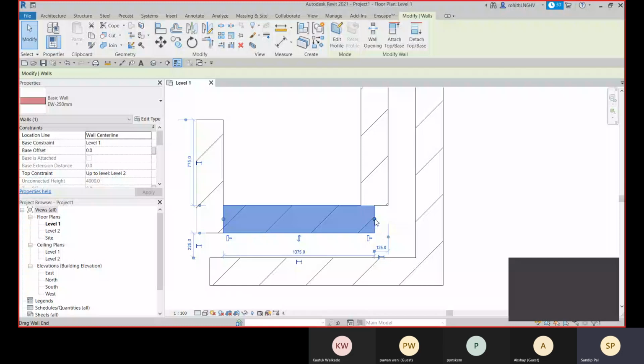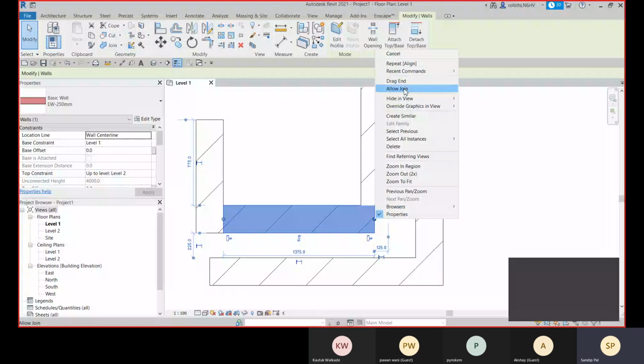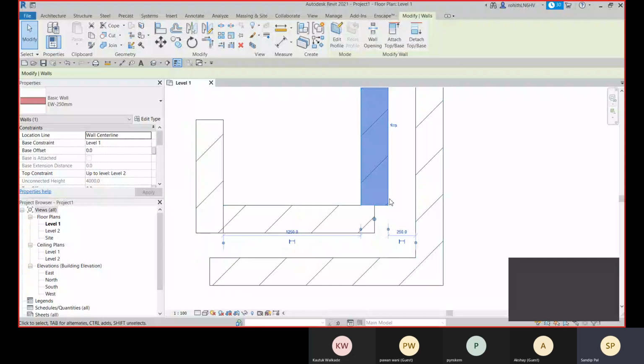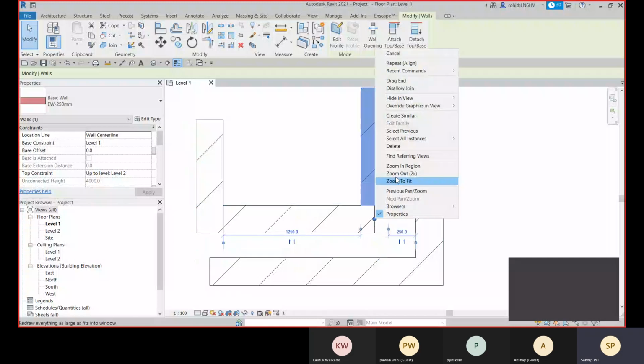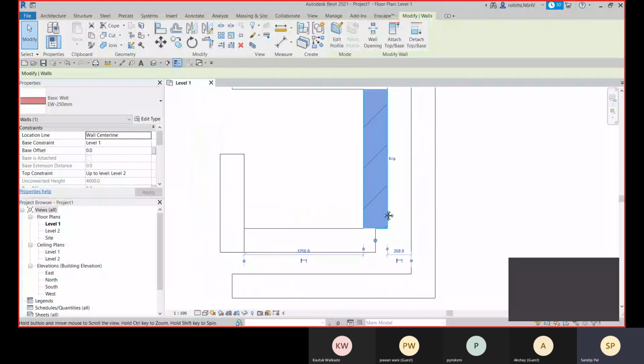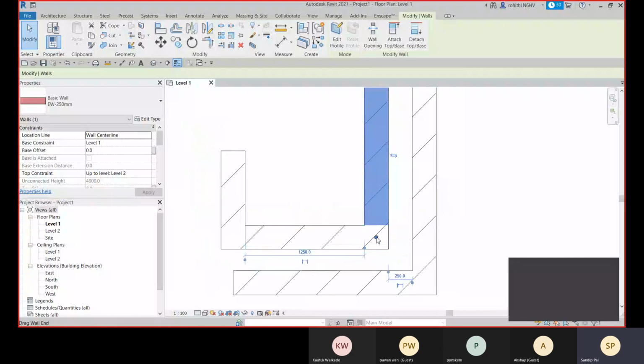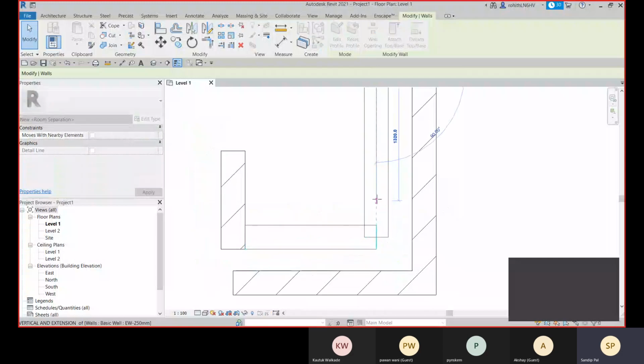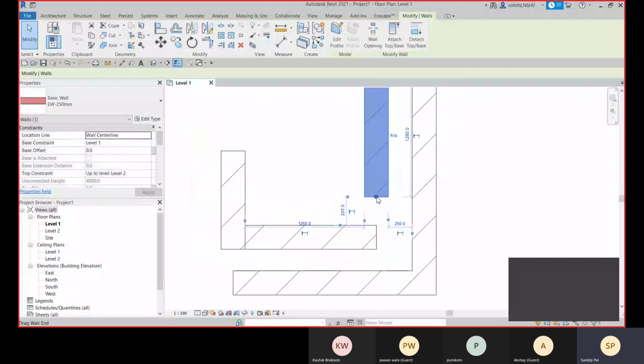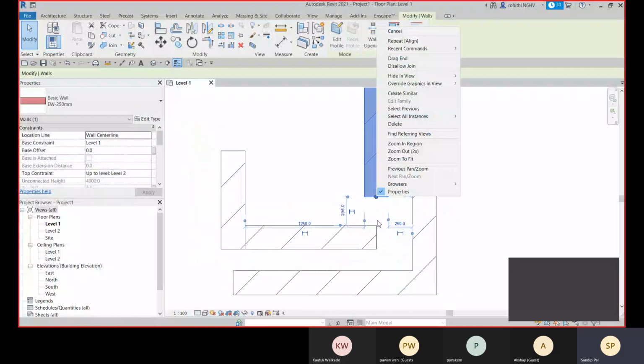You can right click on this end point and click on this allow join, and select this also, and click on this.